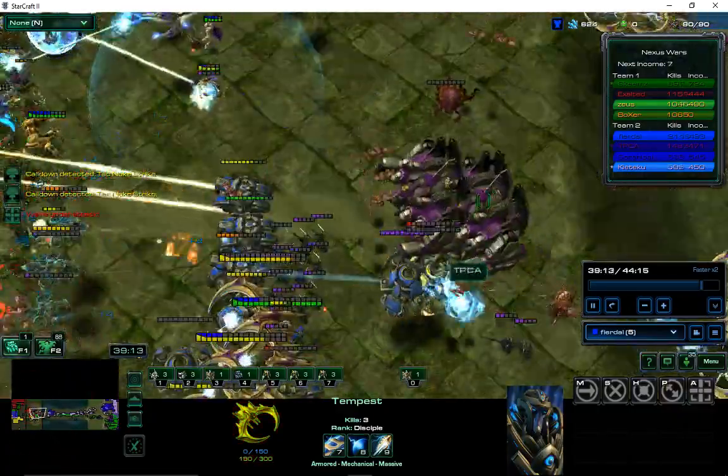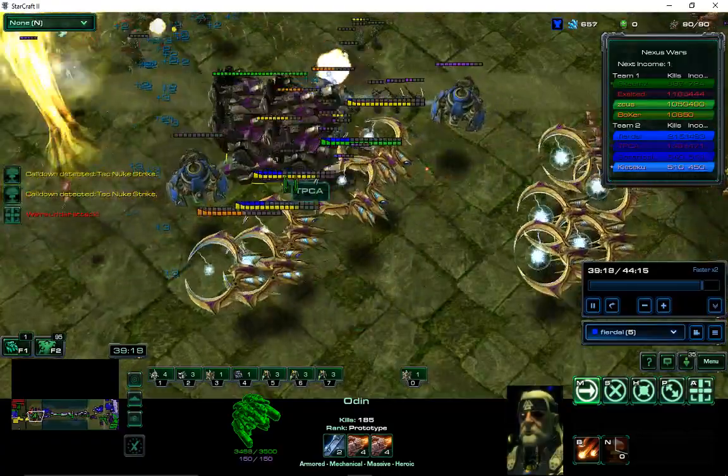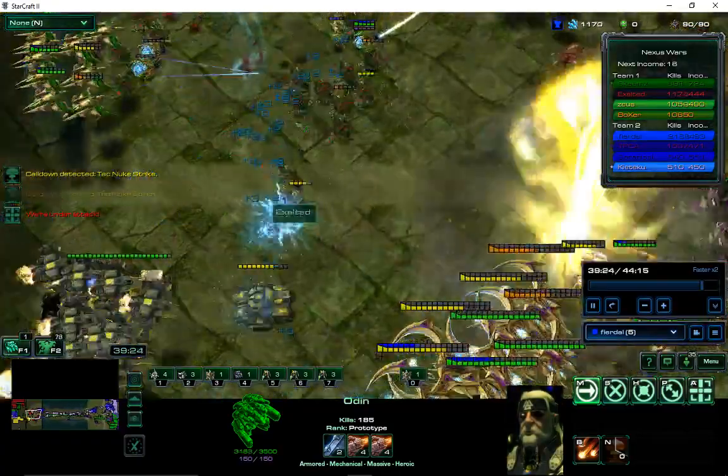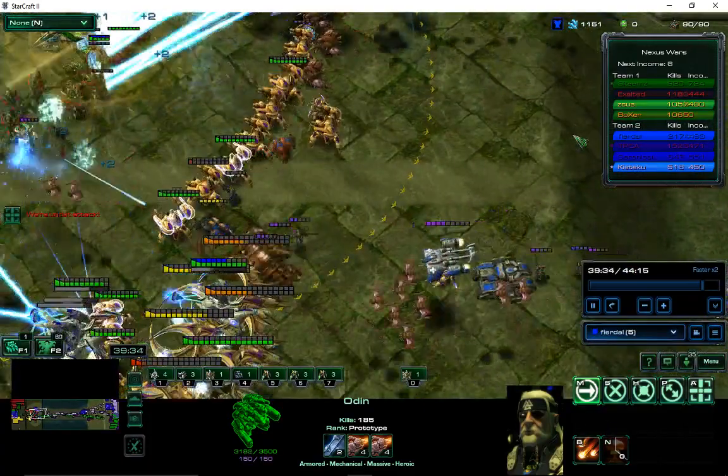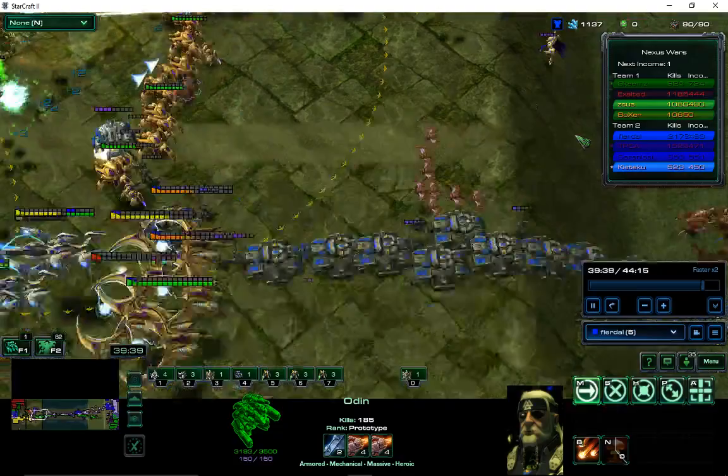So, my tanks are just there spawning quick, holding the line. My ghosts are just holding the line, as you can see here. Boom, boom, boom. And he's taking them in. But you can see my kills, they're doubled in some of them. And then TPCA,